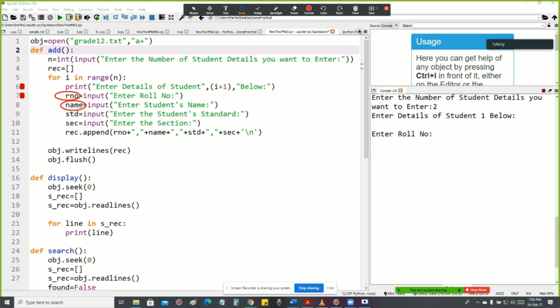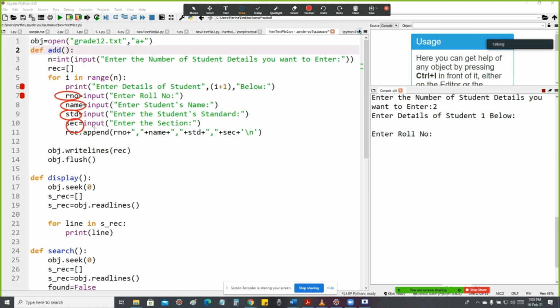After the variable name, here I define the std variable. std equals input, enter the student's standard. So whatever student standard is entered by the user will be accepted and stored in the variable std. After the std variable, here I define the sec variable to store the student section information.